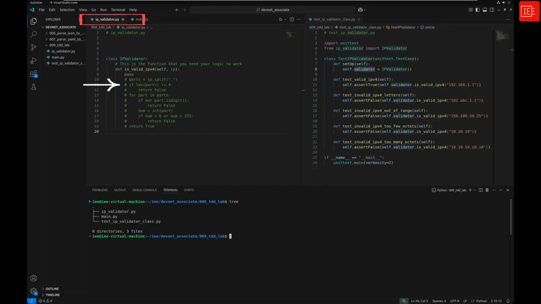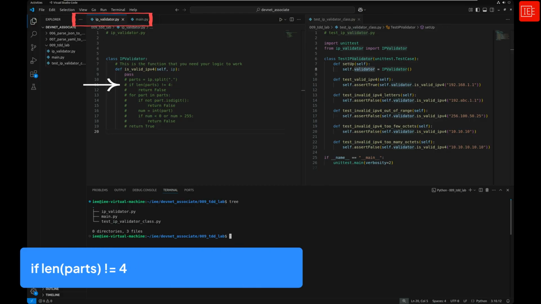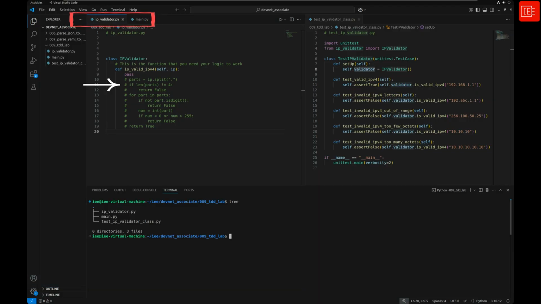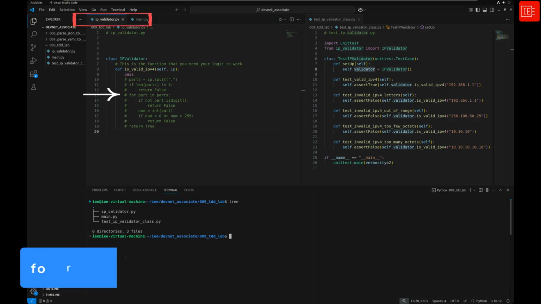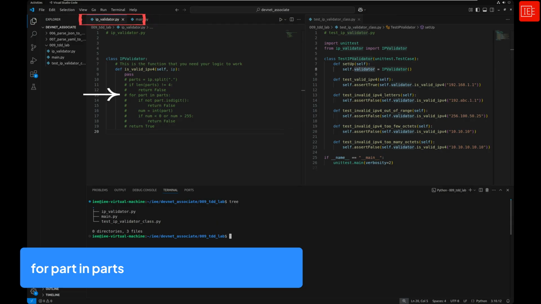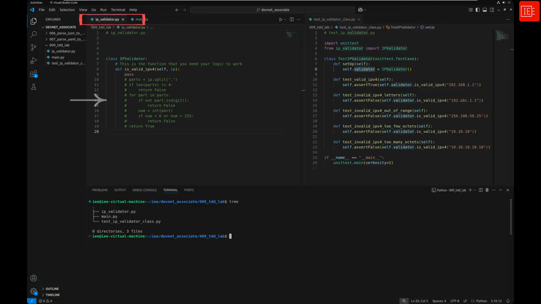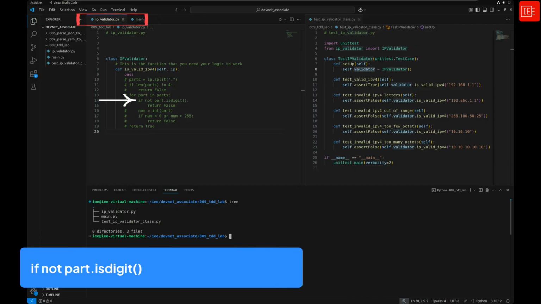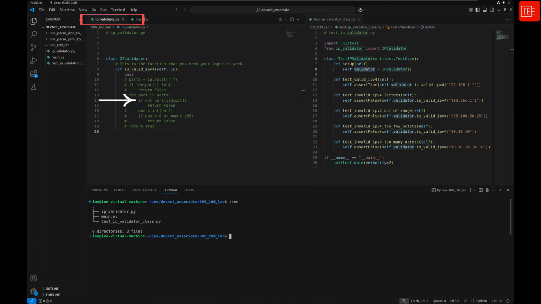Here we are checking if the IP address is made up of exactly 4 parts. So if it's not, like 10.10.10, you can see it's only 3 octets or 3 parts, or 1.1.1.1.1, 5 parts or 5 octets, we know it's invalid and we immediately return false. After that, we loop through each octet in the IP address so we can validate every chunk individually. This is the part that makes sure every octet follows the rules. So this condition checks whether each part contains only digits. If the octet contains any non-numeric character like ABC or 1A, it's not a valid IP address, so we return